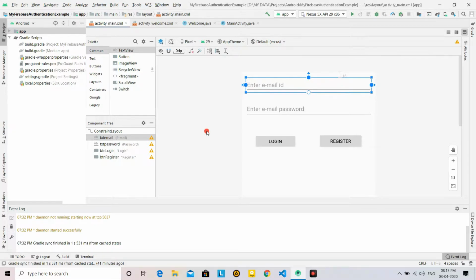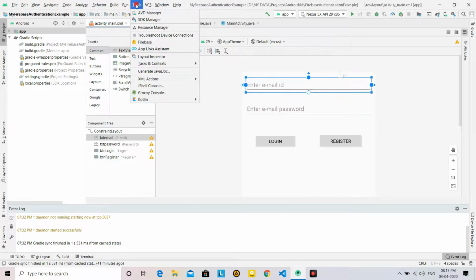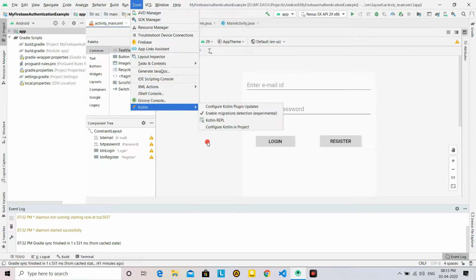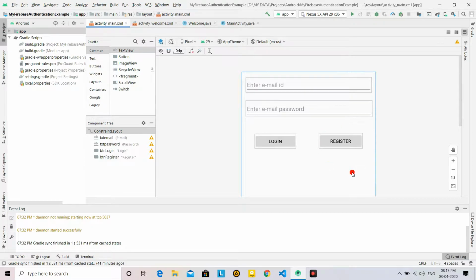So in this process I will make two videos. In the first video I will show how to use the Google Firebase Assistant for authentication purposes, to make your coding simple. So in the first part we will use the Firebase Assistant and the registration process. In the second video I will show you how to log in and log out.